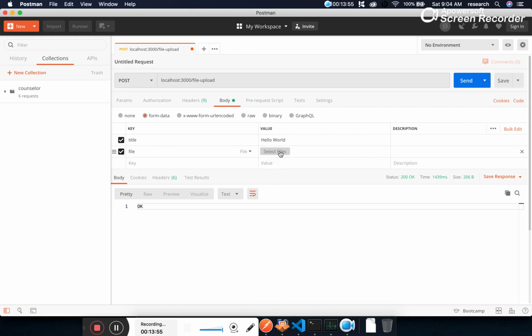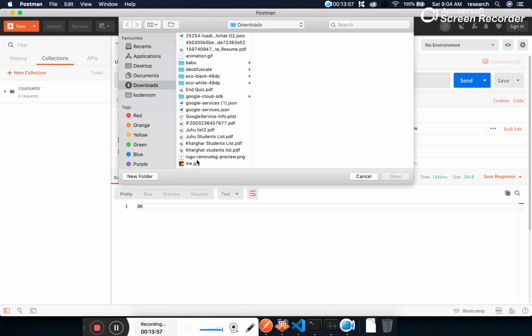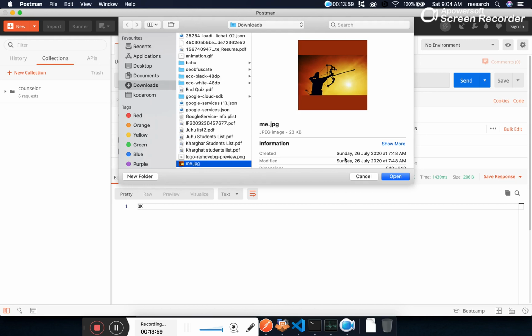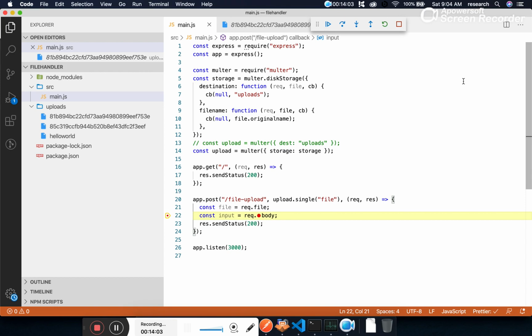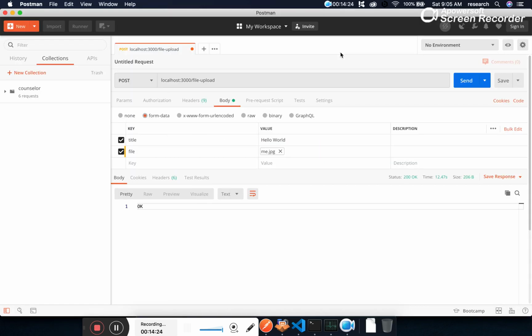So it's already selected. So what you can do, if you want to reselect it, you can reselect it, and let's call the API. And now just look carefully in the upload section, the file is getting uploaded with the custom file name. So now what we have done, from the non-readable file name we have converted into a readable file name. But still there is one problem in this approach.